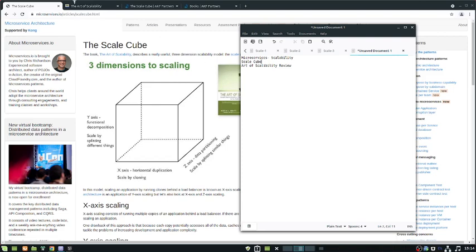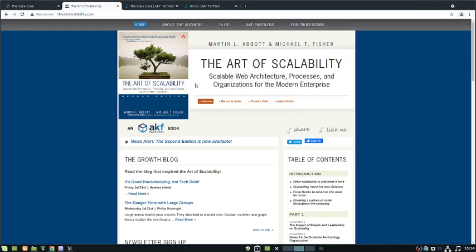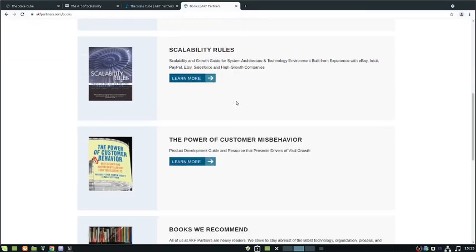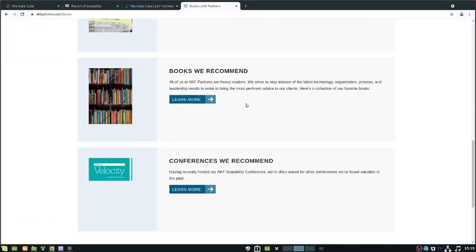So this book, The Art of Scalability, right here, here's the book. Now the subtitle is Scalable Web Architectures, Processes, and Organizations for the Modern Enterprise. So digital modernization, and kind of going into more of the concepts here. So now the book is from the AKF Partners, which I'm assuming is the abbreviation of the owners. And here's a whole series of books and other books that they recommend for microservices